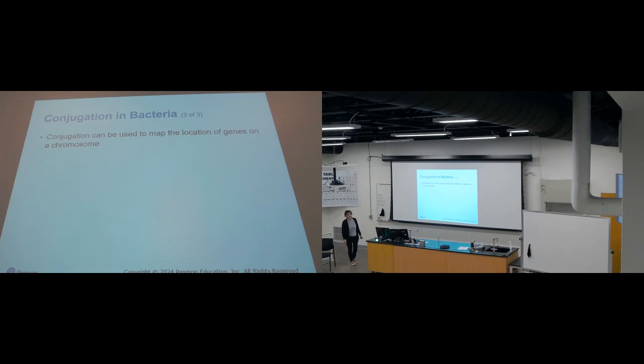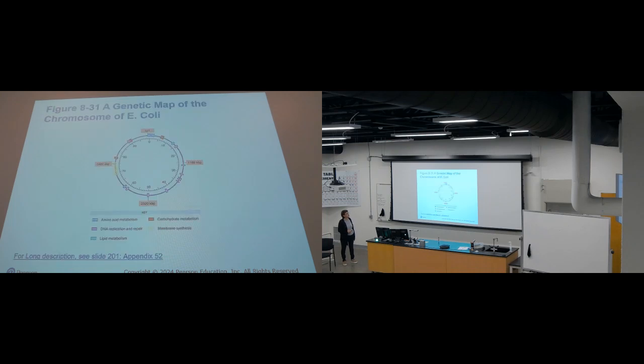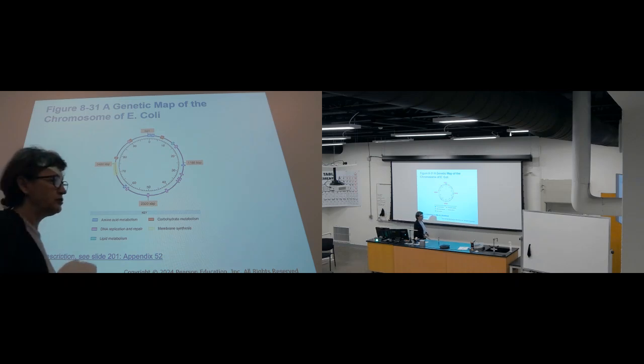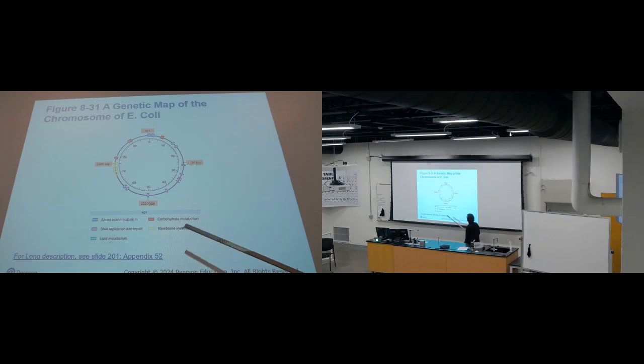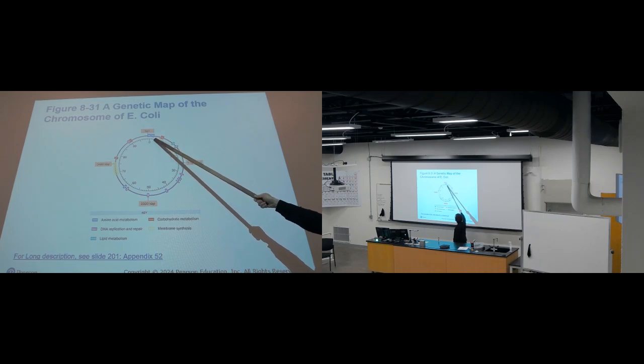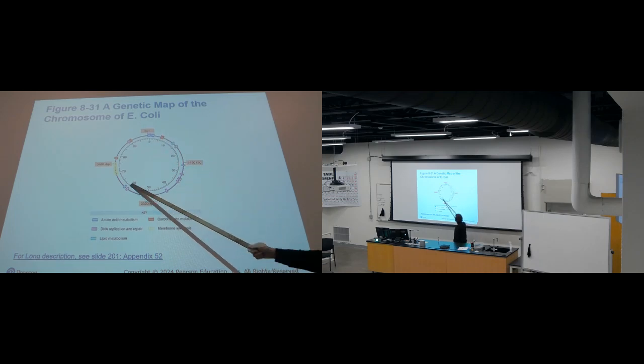Now, an advantage of this is that you can use this to locate genes on a chromosome. If you know the location of these specific genes, you can use them to do some experiments. So here we have a genetic map of the chromosome of E. coli. Because it's circular DNA,